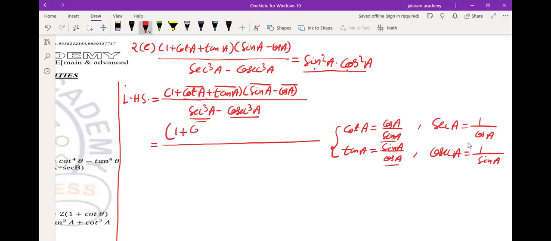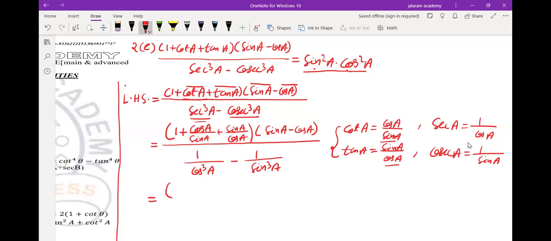1 plus this cot A is written as cos A by sin A, plus tan A is sin A by cos A, into the second bracket (sin A − cos A), over the denominator 1 by cos³A minus 1 by sin³A. Equals